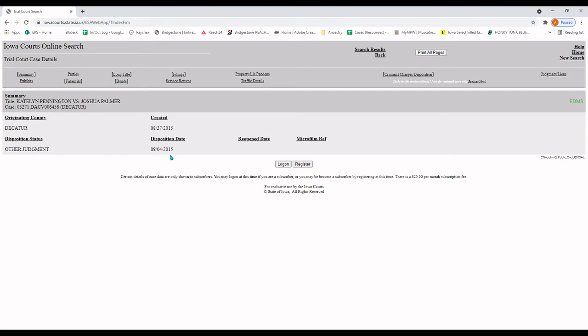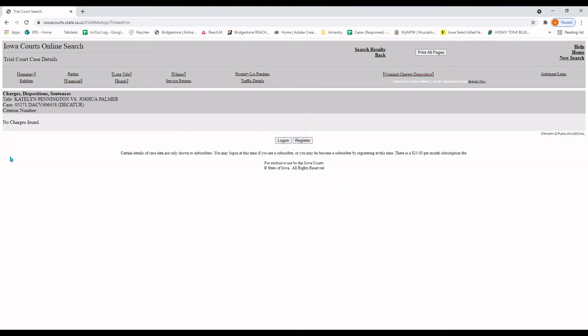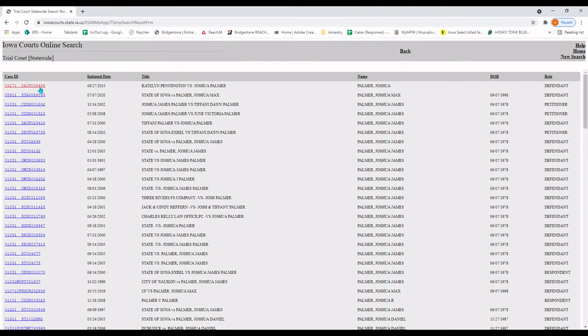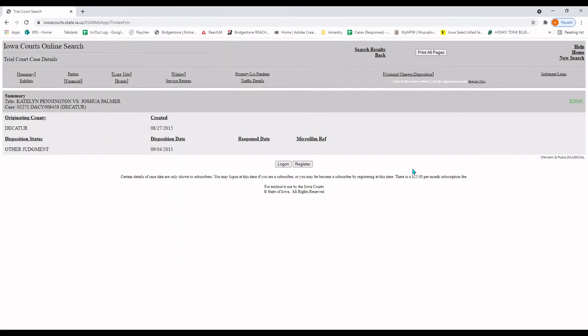on 9/4/2015. So a lot of times when we have person versus person, we go here and look in the criminal charges and there's nothing there. That's pretty typical. What we'll want to do instead, if we want to be snoopy on what's going on between these two, is click here on the filings button. The filings button is going to bring us all of that magical info that we want to know. So if you're on here because you're trying to creep on somebody's custody or paternity dispute, you need to be in the